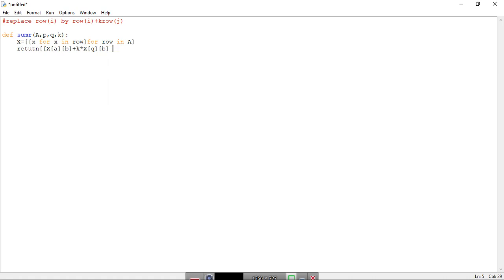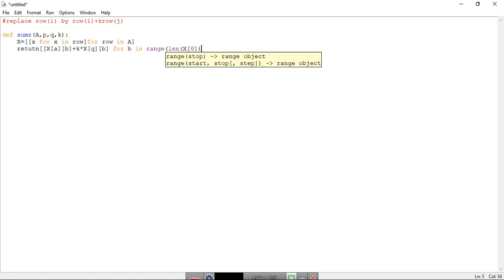And this will be for b. It will range over b, so b in range of length, as I said in the last video, we will take it to be the length of x0.